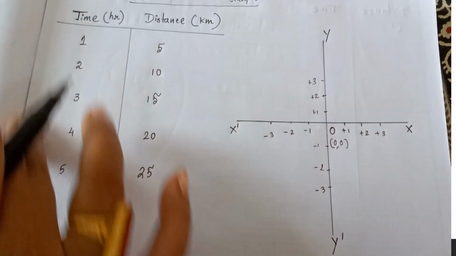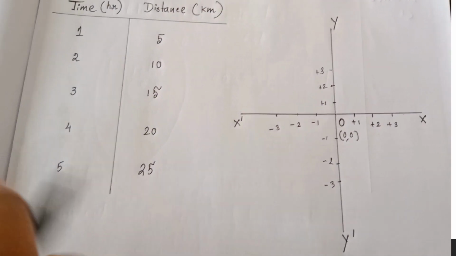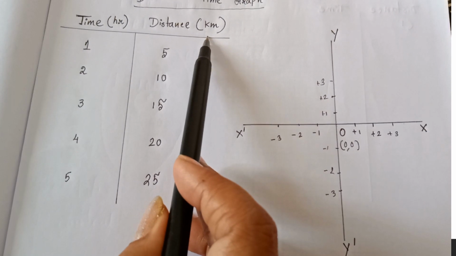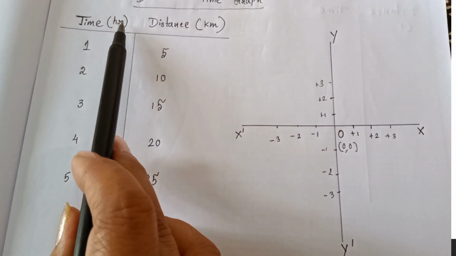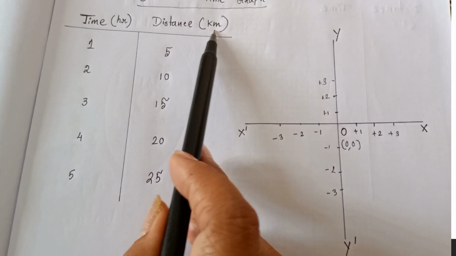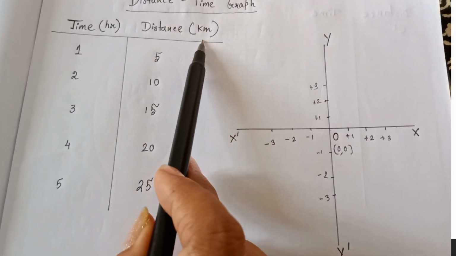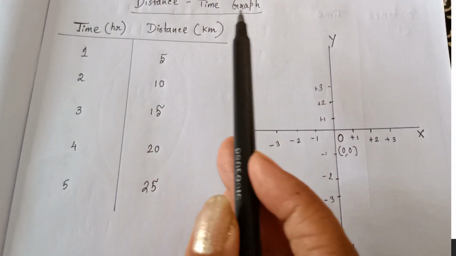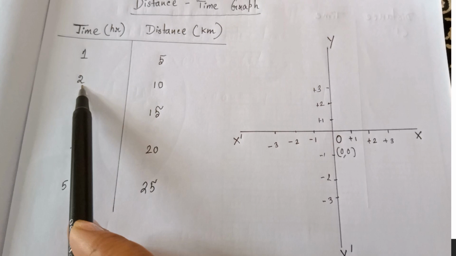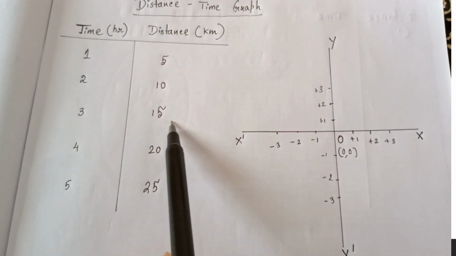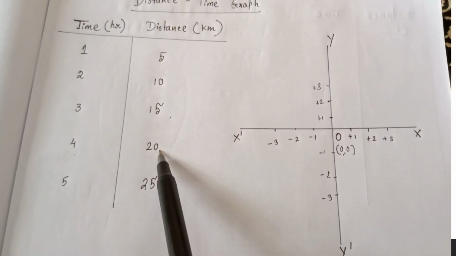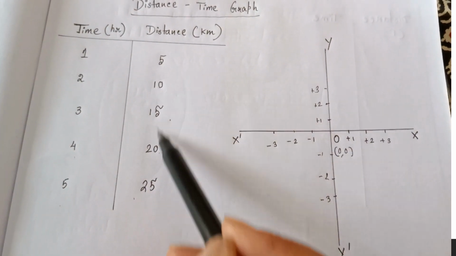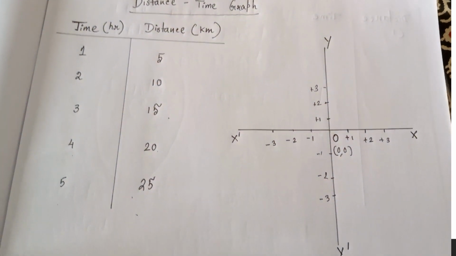Okay. Now just take a look at this data. See here, time is given in hour and distance is given in kilometer. Children, please note I have not written hours and kilometers because a unit is always in the singular and never plural. If you see this, in 1 hour the distance covered by a certain vehicle is 5 km, 2 hour 10 km, 3 hour 15 km, 4 hour 20 km, 5 hour 25 km. Okay, this is the total distance covered and time taken.